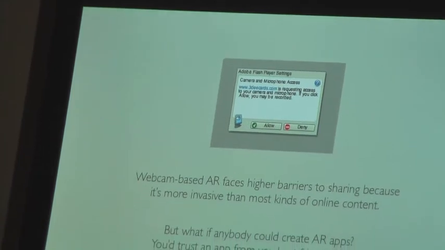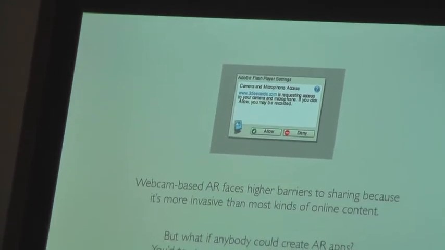And this is a real barrier, because if you're sent this and you don't know who's sending it to you or what it's really going to do, you're kind of hesitant to say allow, because you don't know where that data is going. So I feel like those are some real problems with AR, as it stands as far as a desktop, just scratching the surface. But I feel like the biggest thing that I took away from it was that if